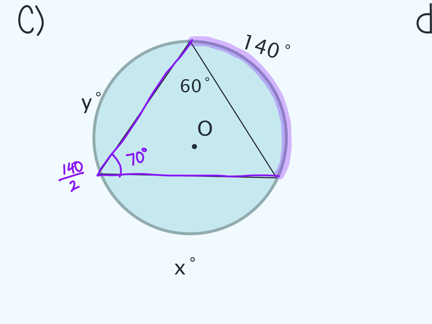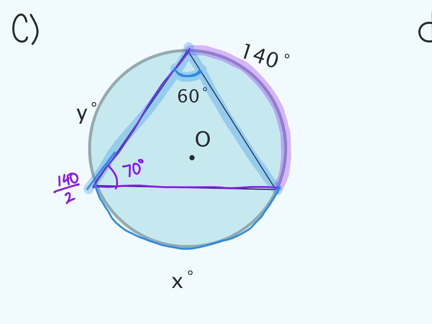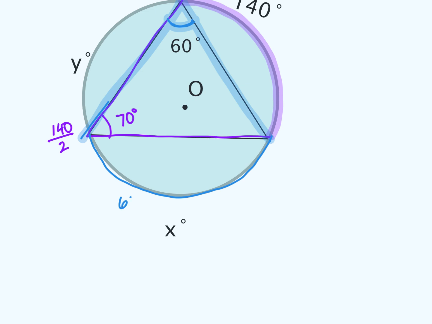All right, finding x. This right here is 60 degrees. That's what they gave me. So if this is 60 degrees, how would I find x? How would I find the measure of x? No, because they're giving me my angle. Again, this is my inscribed angle right here. So that means this is my intercepted arc. So all I have to do is 60 times 2. That's going to give me 120